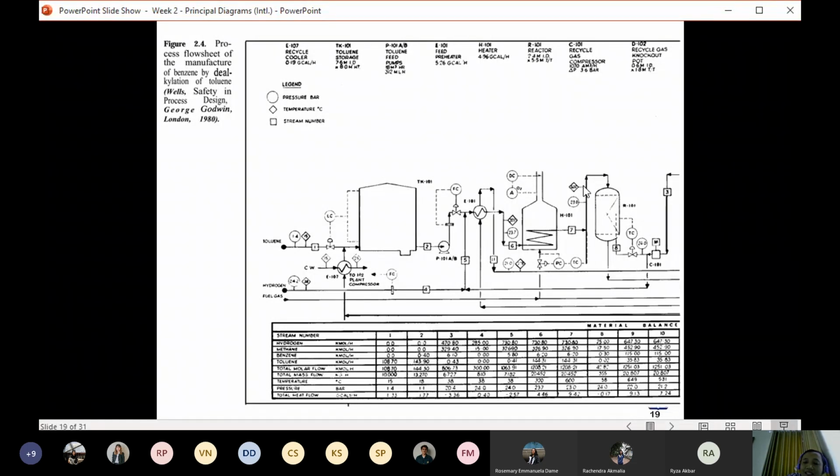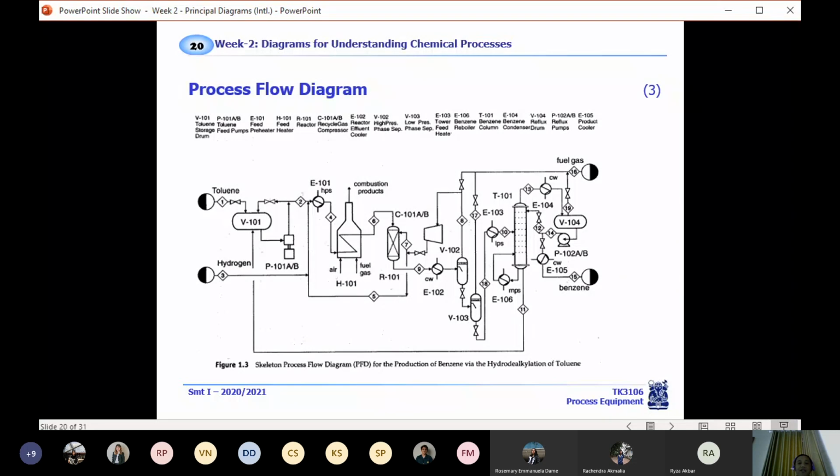And this is the importance of PFD. This is the reason why the PFD is very favorable for chemical engineering. You will understand about the process. From the BFD, I know that the industry has a process like a reaction, and more detail I will know from the PFD. Okay, I will continue with this process diagram.